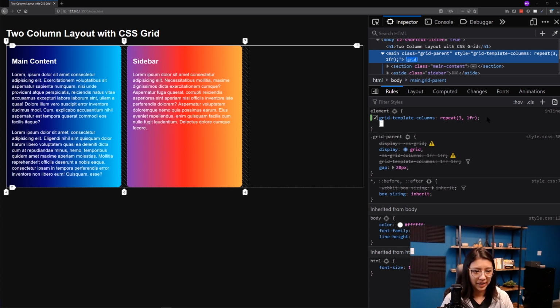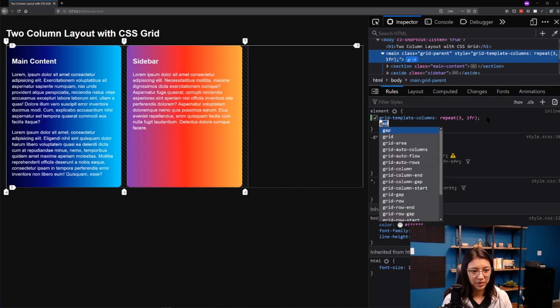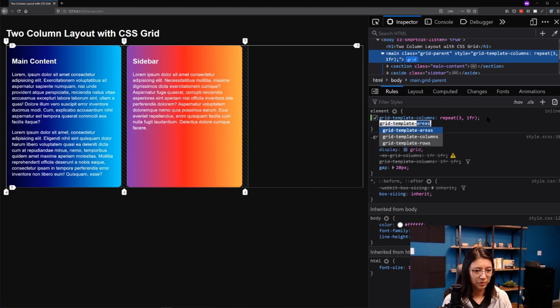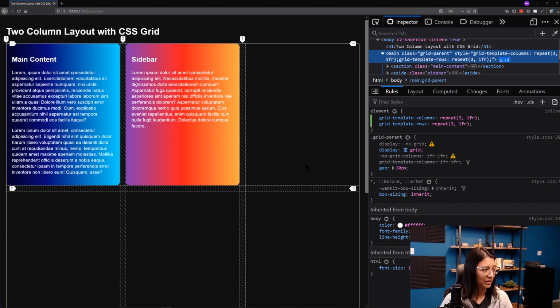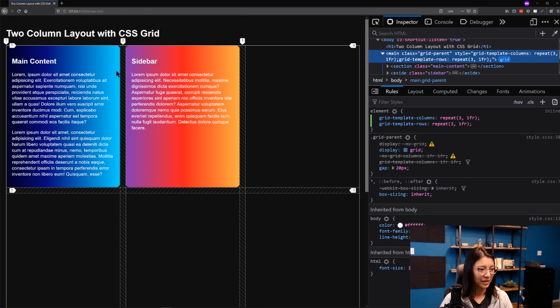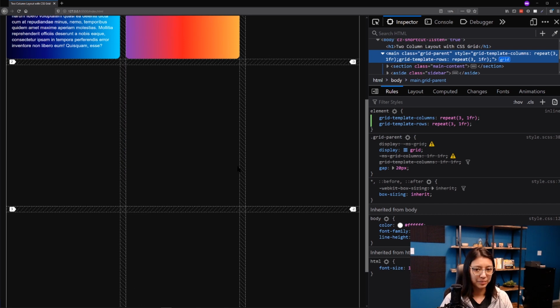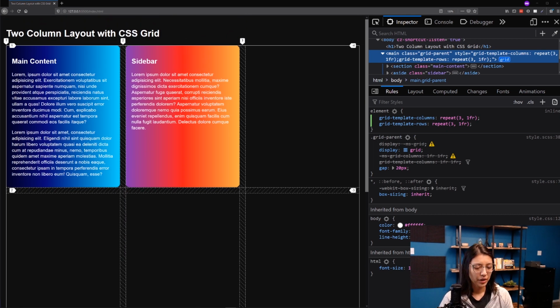So we're going to add another rule to add more rows, and we'll say grid template rows. And we'll do the same thing, repeat 3, 1fr. Okay, so now it's a bit harder to see this, but we have a grid template that has 3 columns and 3 rows. You can also, in the grid template columns and grid template rows properties, combine a repeat with